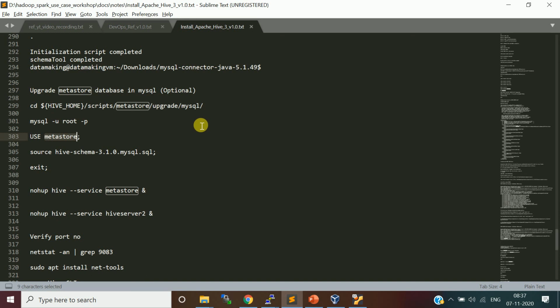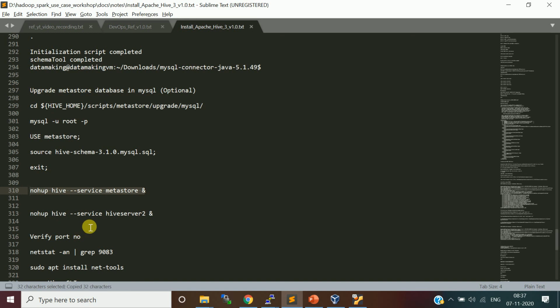For example, if you try to create tables in MySQL and face any error with respect to Metastore tables, you can log into MySQL, go to the MySQL Metastore and run this script, which is hive-schema-3.1.0.mysql.sql. Even if you run it, that's not an issue, but only if we face an issue, you can run this step. Otherwise, you can ignore it. So for now, I'll just ignore that. We'll see if we face some issue.